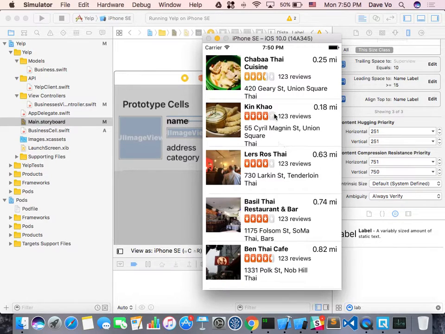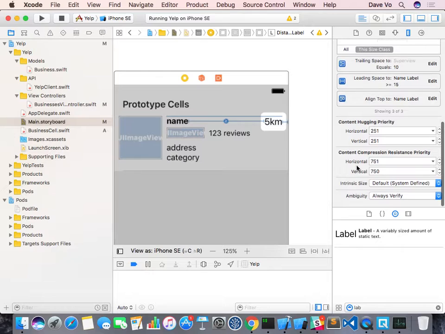Okay, so now you see we have the distance label here. It stays there in full. It's not being chopped or trimmed, right? And this one, if it's too long, then it needs to go to a second line. Don't push me away. So the value there is the priority, the rank. Whatever you want to put, if this one is a bigger number, then it has higher priority. But by default, for the hugging the value is 250, and for